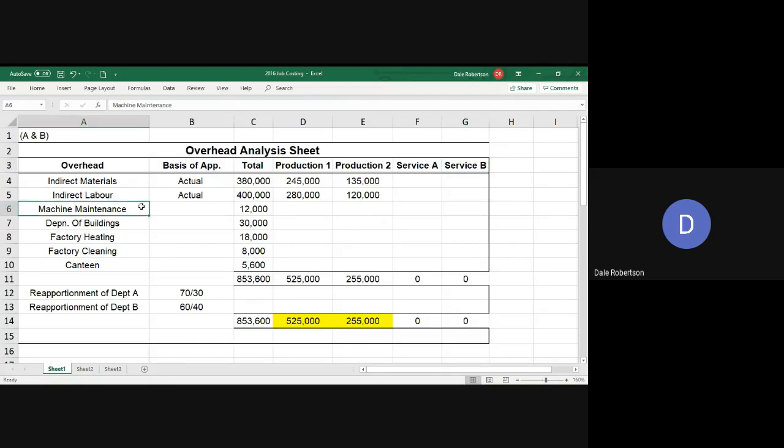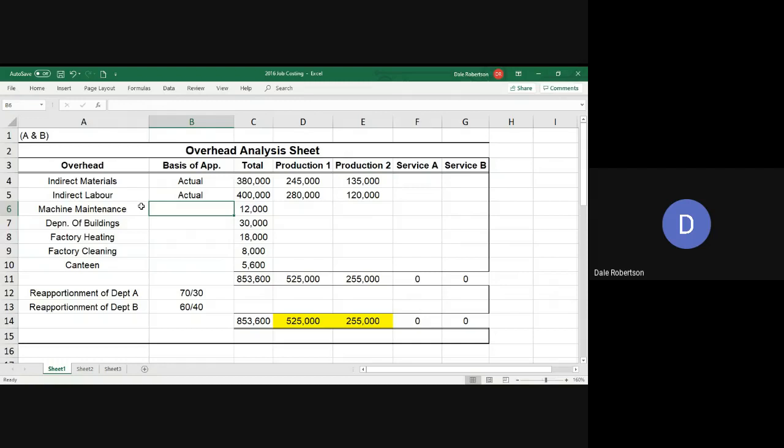You write in the machine maintenance, and we know it's 12,000. Depreciation of buildings, factory light and heat, cleaning and canteen. They give you all of this information, and they tell you the costs. And then part A of the question says, calculate the overhead to be absorbed by each department, clearly showing the basis of apportionment used. So for example, in machine maintenance, the second set of figures in the question in front